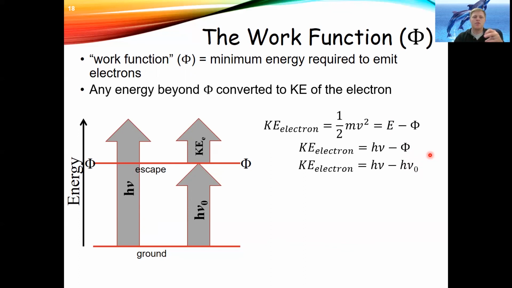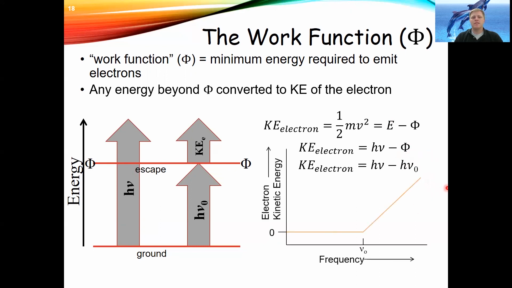The minimum energy is described by h nu naught. So what happens is if you have a metal sheet and you slowly change the frequency of the light shining on it, you have zero electrons at low frequencies until you hit this minimum energy, and then all of a sudden electrons start flying off. And as you keep increasing the frequency of the light, the energy of these electrons keeps getting higher and faster,